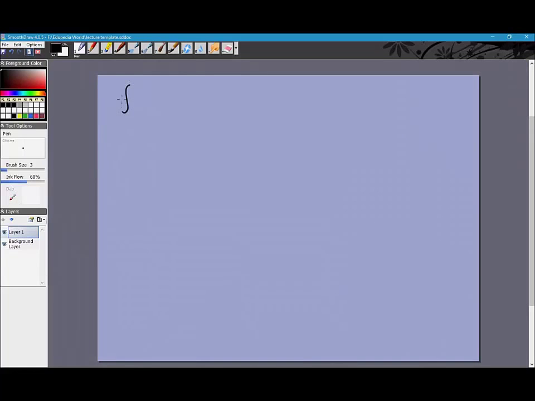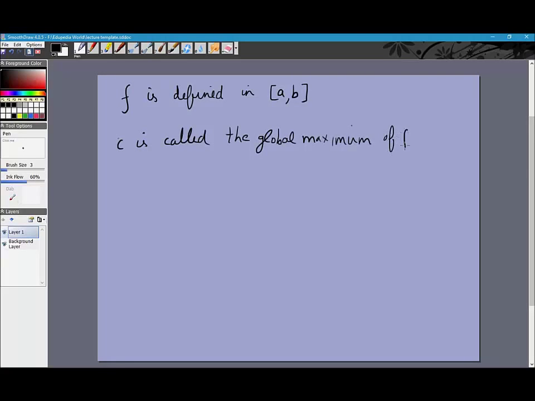So let's say f is defined between A to B, or it doesn't need to be defined between A to B, it can be defined in a bigger region, but A to B is our region of interest. Then the point C is called the global maximum of f or of y of x. We often say y of x or f of x interchangeably. C is called the global maximum of f if f of c is greater than f of x for all x not equal to c